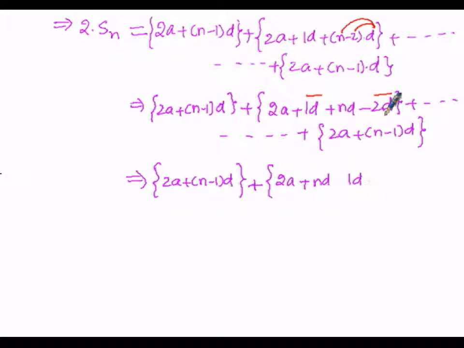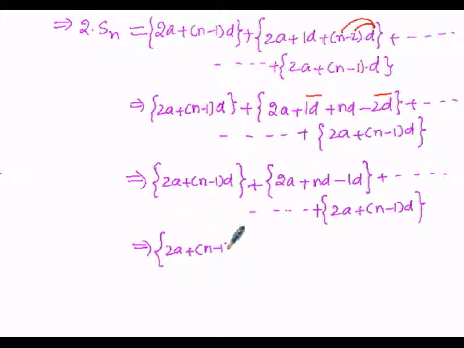So here to assess the sign, 2 is greater than 1, so the sign is negative, bracket close, plus dash dash. Then the last term, that is the nth term, is 2a plus (n minus 1) into d. So that implies the first term is 2a plus (n minus 1) into d, bracket close, then now plus. Among the second and third terms, I want to take d as common. When d is taken out as common, just plus n is left over, and minus 1 is left over within the bracket.